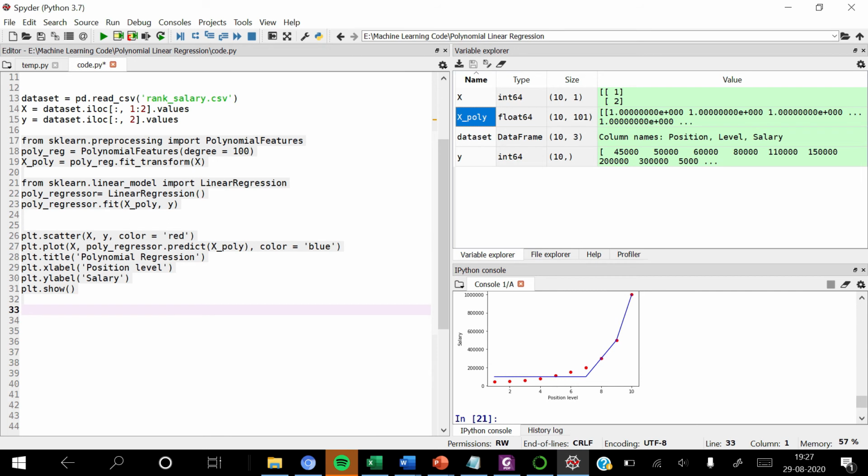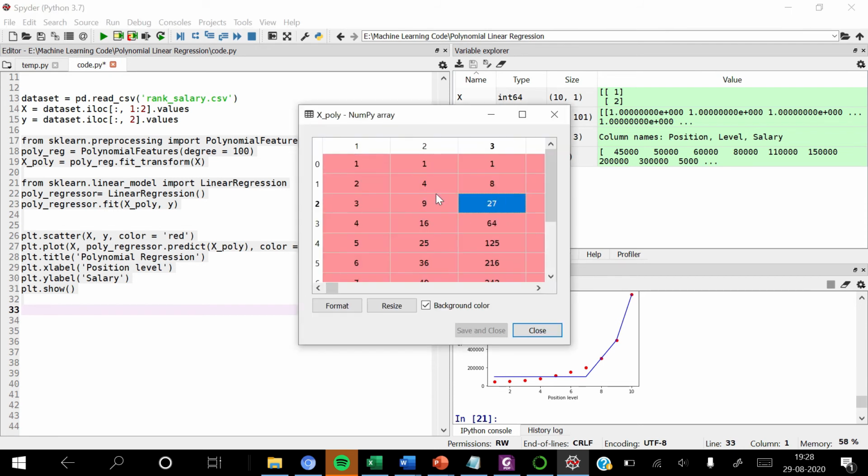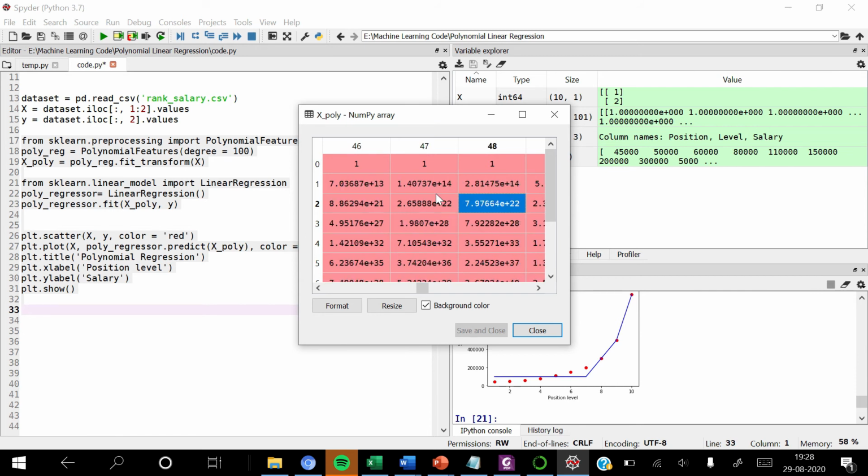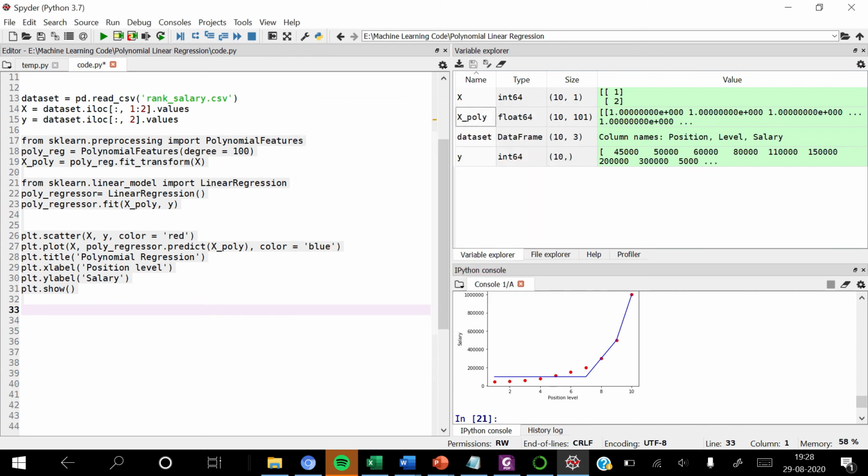So due to this, the model is not able to capture the initial values of salary for rank when the change in salary is very small. It can only capture large value changes, but it becomes insensitive to small value changes in the salary, and the changes in initial level become very insignificant as compared to the changes at later stages of X. So our model becomes insensitive to small changes in salary, and it can only check high changes in the salary with increase in the level.